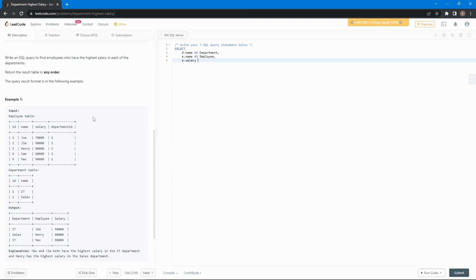salary as salary. So it actually looks like, okay, now it's capital. Okay. So it's going to be from employee inner join departments D on department ID is equal to d.id,